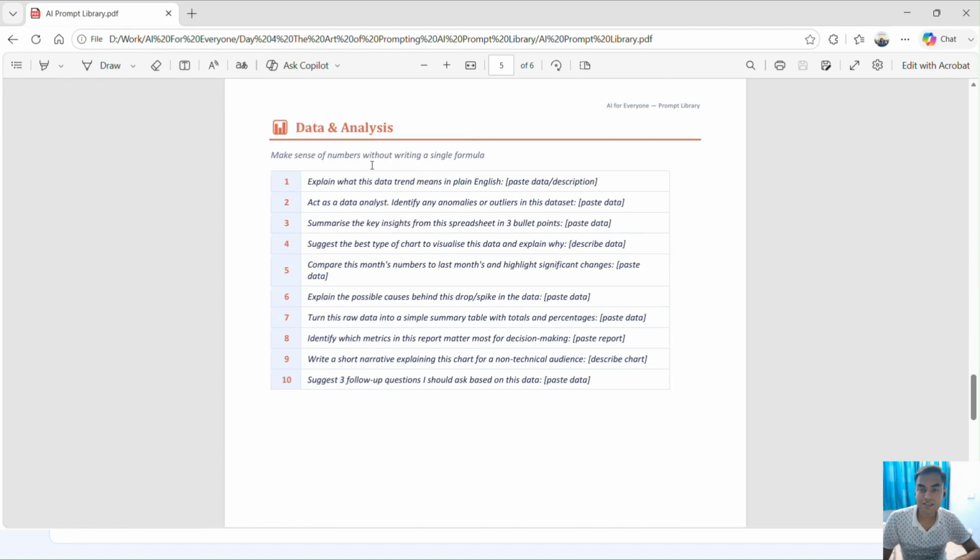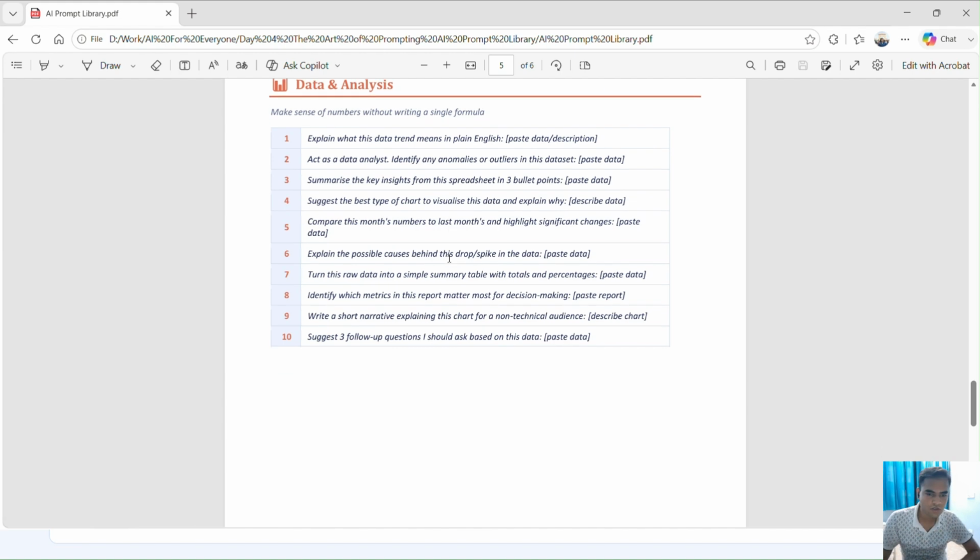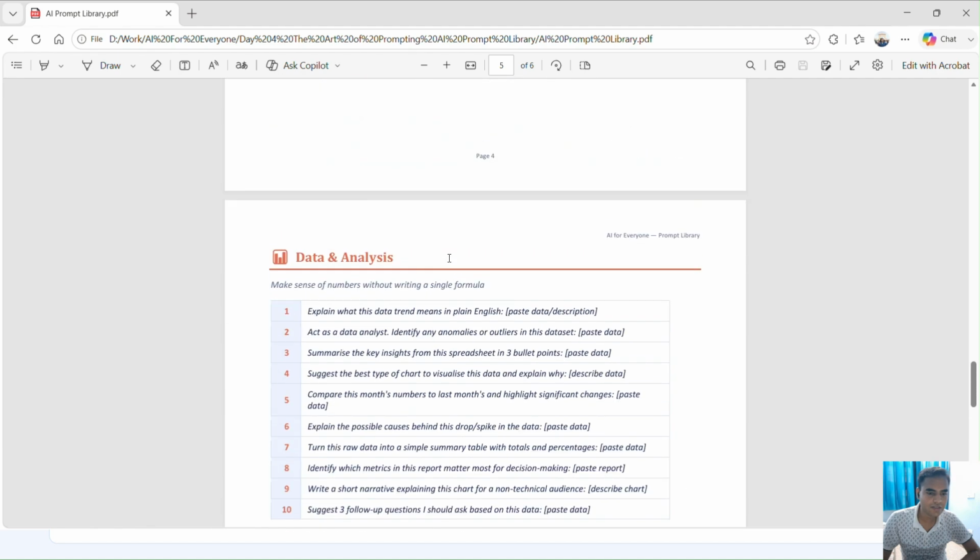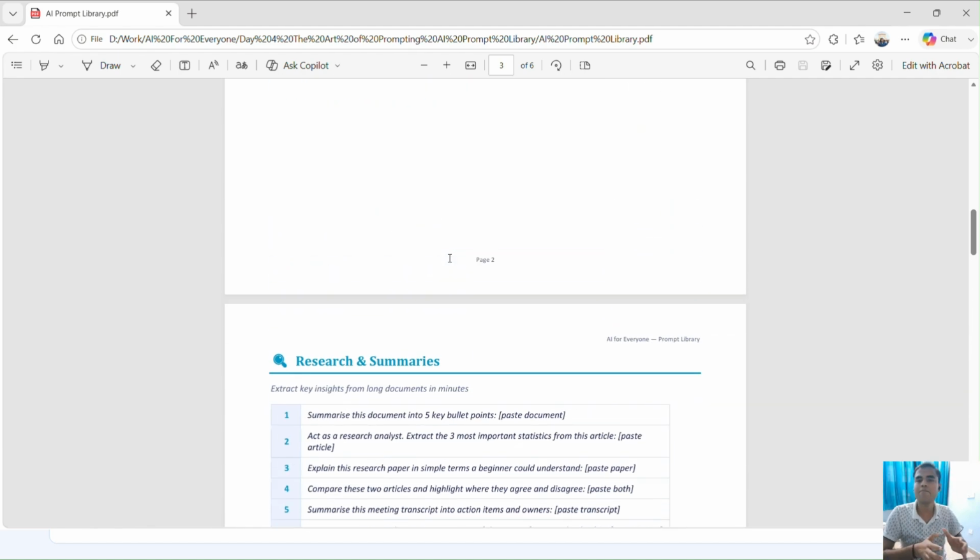Then is data and analysis. Here we have: explain what this data trend means in plain English, then you paste data or description. Then: act as a data analyst, identify any anomalies or outliers in the data set, then you paste data here. In this section also we have provided 10 sample prompts. You can again extend this area, or add your own category and your own prompts. So we have mainly 4 major areas in this prompt library, and this is a sample of how a prompt